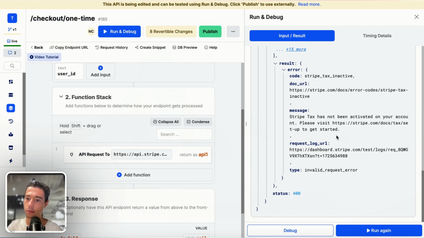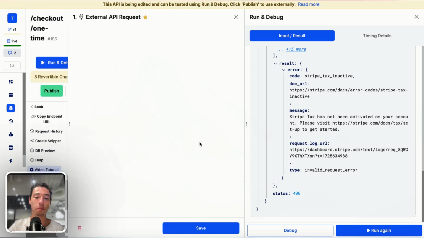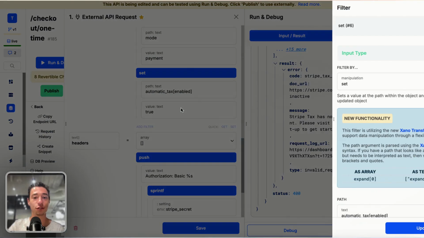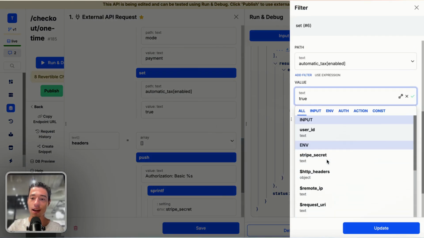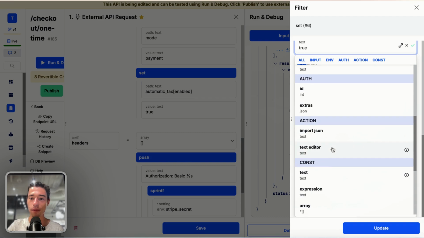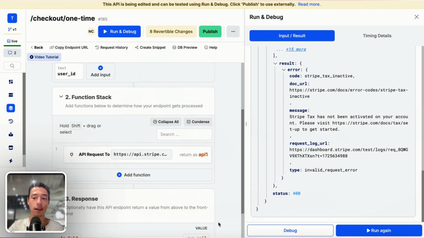Invalid. Stripe tax has not been activated. Okay, so if you need to add Stripe tax, what you want to do is, if you pass on the Boolean, Xano will turn it into a Boolean. But Stripe needs to receive the true or false as text and not as a Boolean. So when you pass on the true or false for automatic tax enabled, you have the true that you type in here and add the text const on there, so that you are making sure that it is